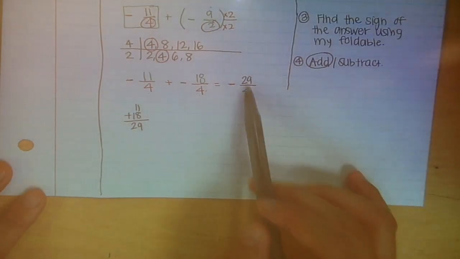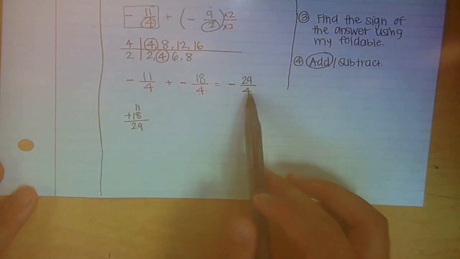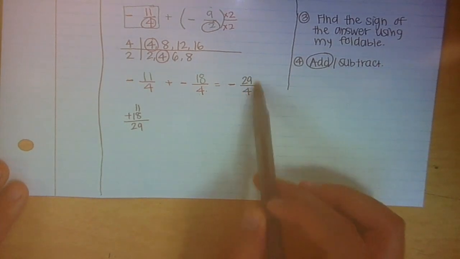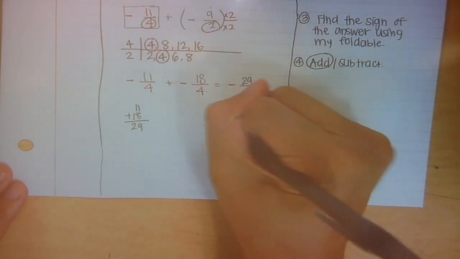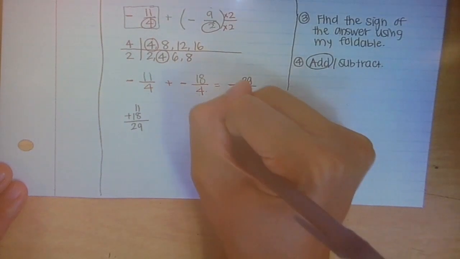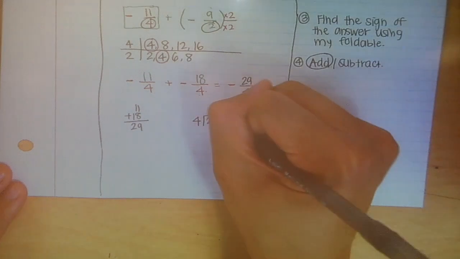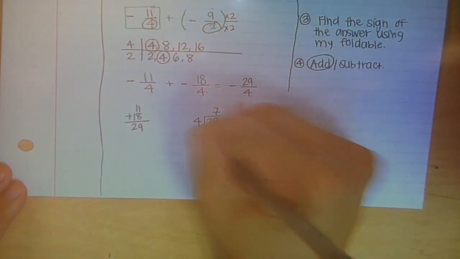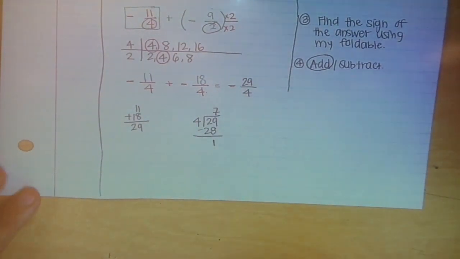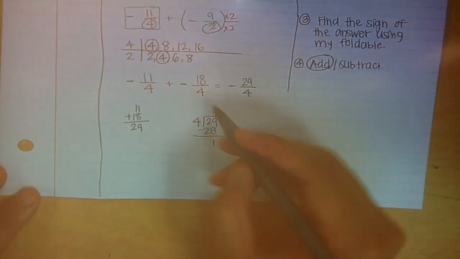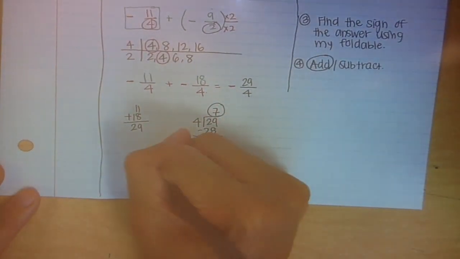4. And I can't simplify that because they don't have any common factors, but since the numerator is bigger, I can change it back to a mixed number by dividing. So 29 divided by 4. 4 goes into 29 7 times, with a remainder of 1. So my final answer is the whole number is 7, so it's negative 7,